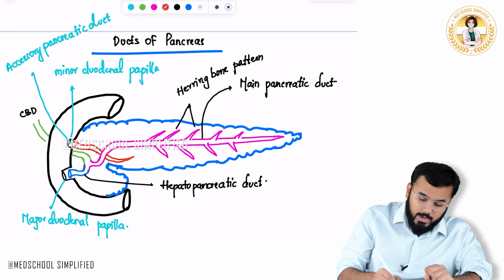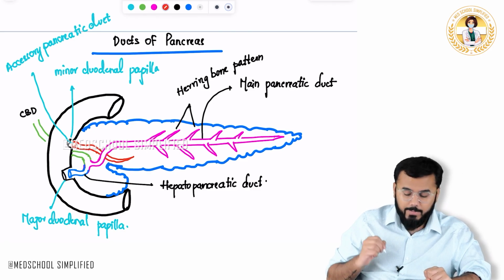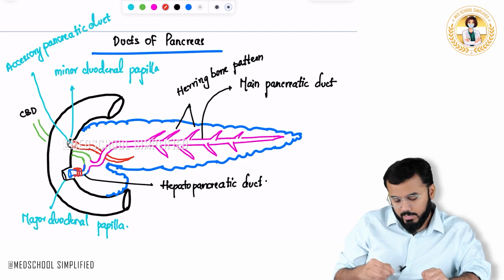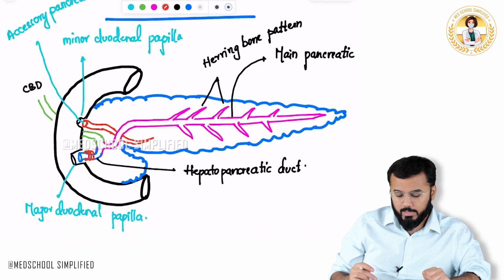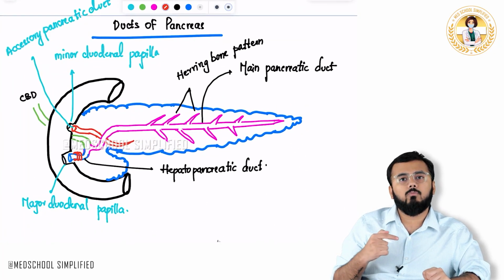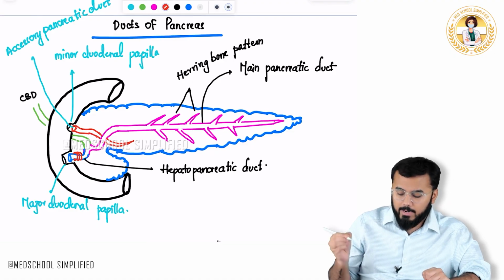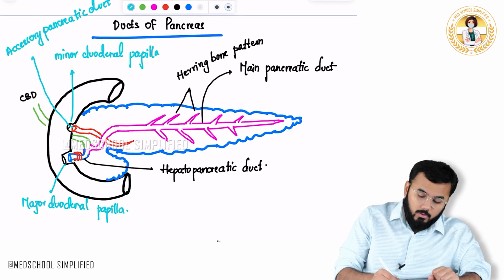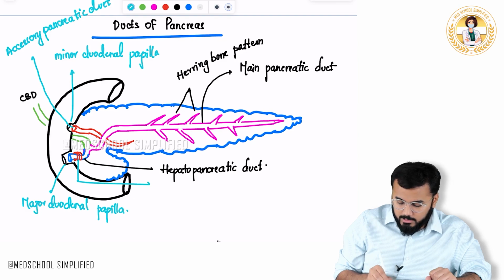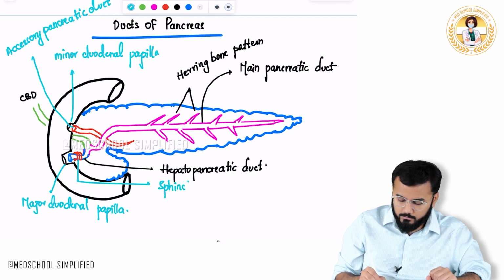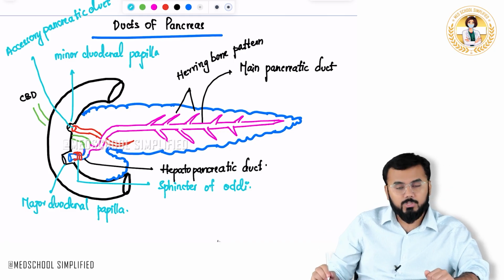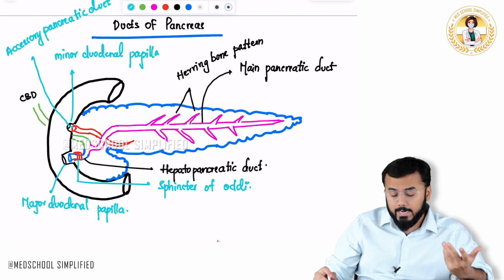Another important thing you should know is that surrounding this hepatopancreatic duct you have a sphincter. You see there is a muscle located here. This is called a sphincter. This sphincter is located around your hepatopancreatic duct. This sphincter is called the sphincter of Oddi. What is the name of this sphincter? Sphincter of Oddi. Next important thing is that this opening is called the hepatopancreatic ampulla,